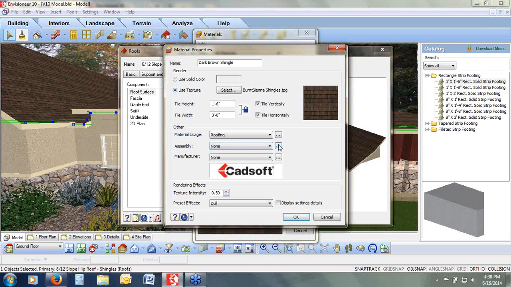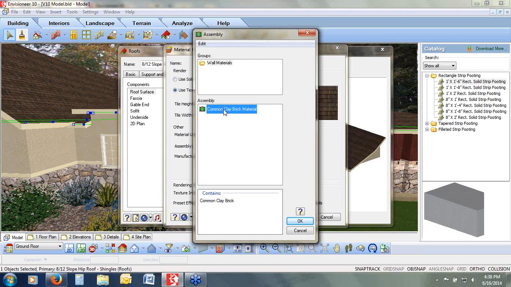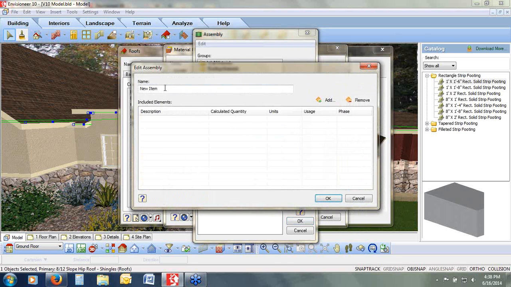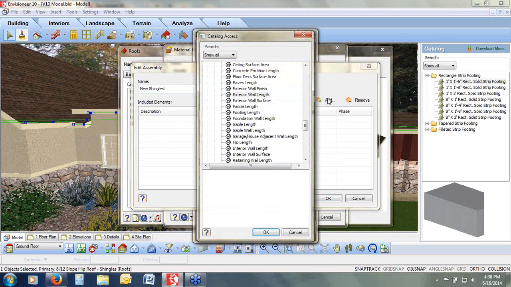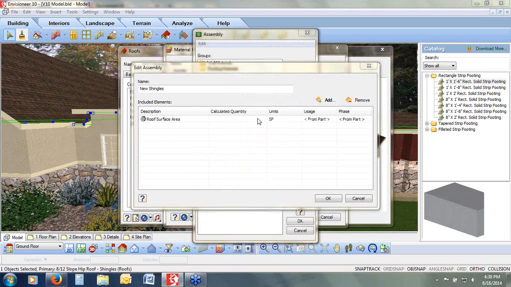So I'm just going to build an assembly to show you how to do that. I can click here that I want to select an assembly for the material, and I'm going to add in a new group saying roofing materials and an assembly underneath that saying new shingle. Now what you do is I can attach any price. So if this new shingle had a higher price, then I can get that general measurement here. So I'm going to go to the roof surface area, click here, and break it down by the squares